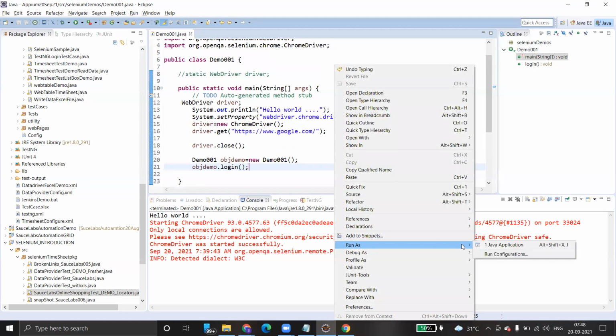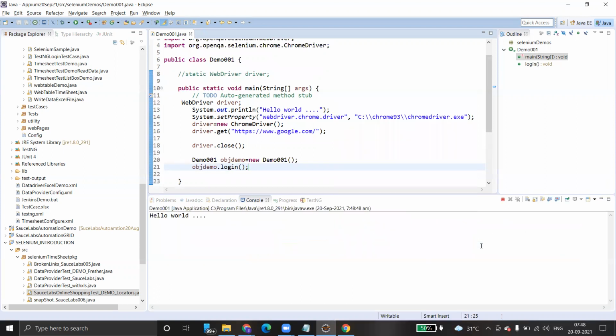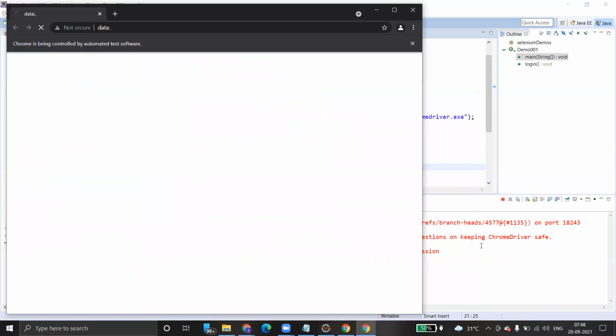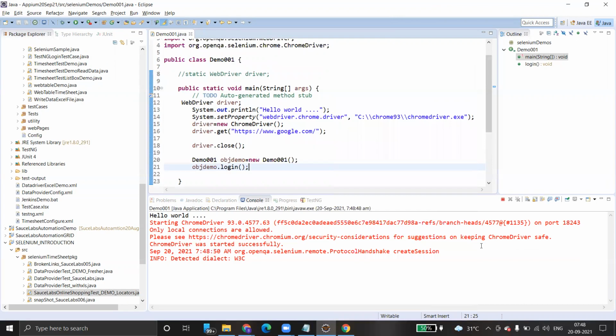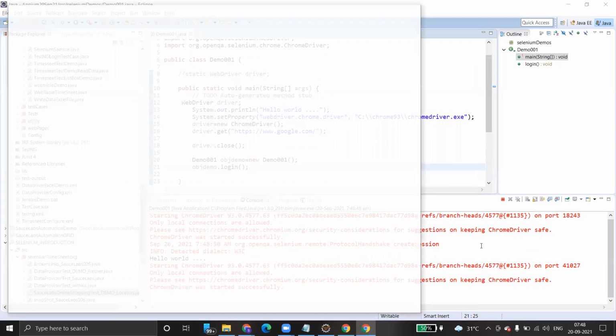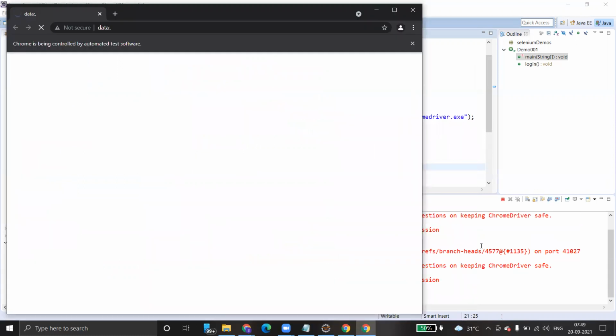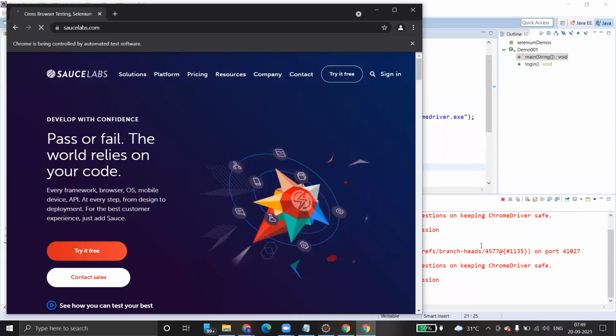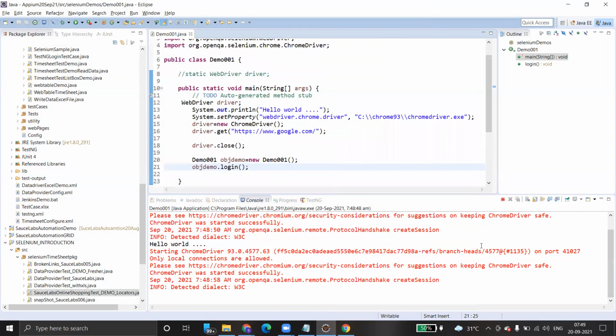So run. Two web drivers open. Two browsers. Do you require opening Chrome driver twice? No. That's the reason we make it static.